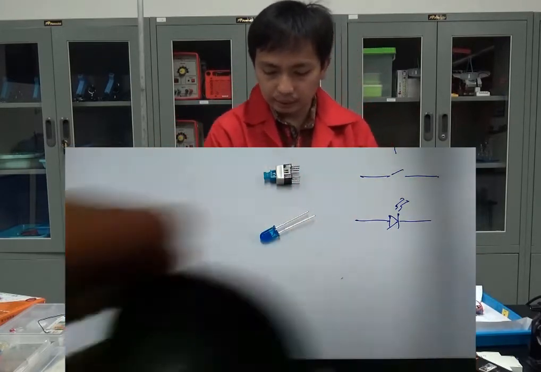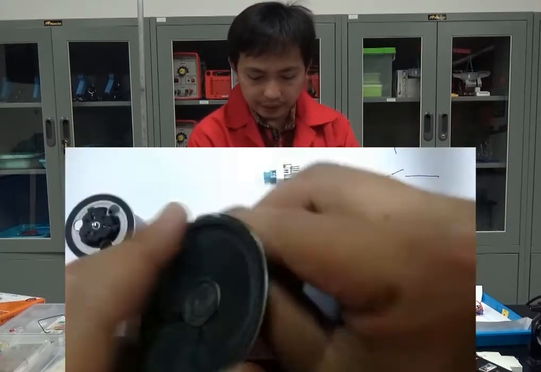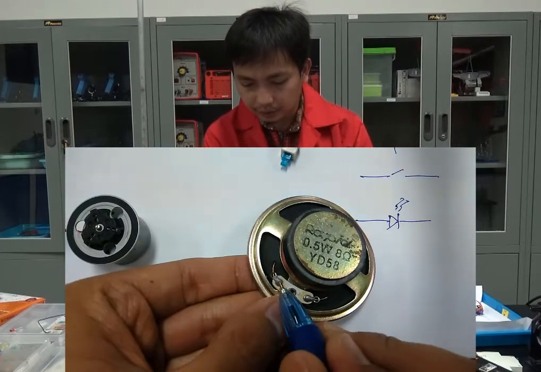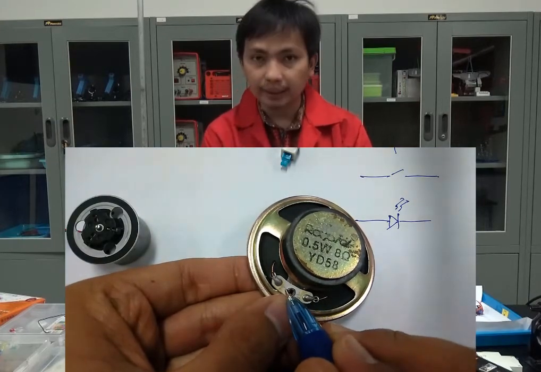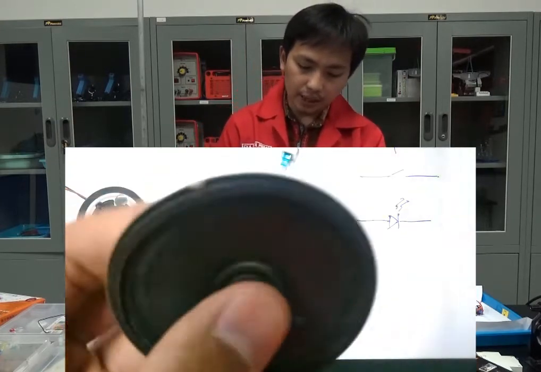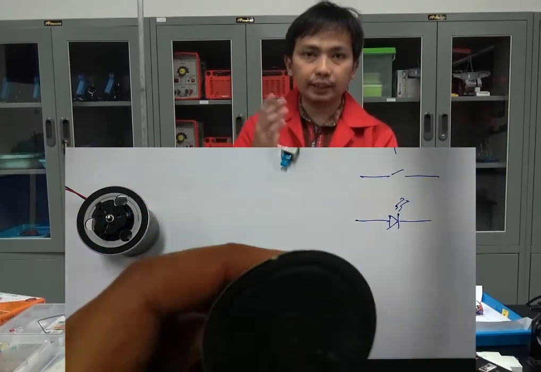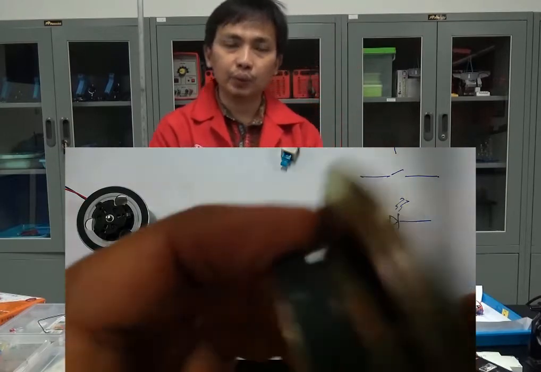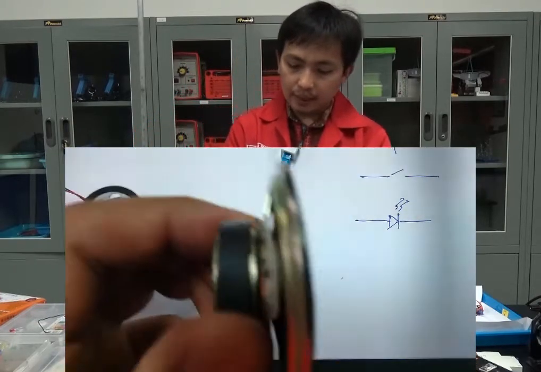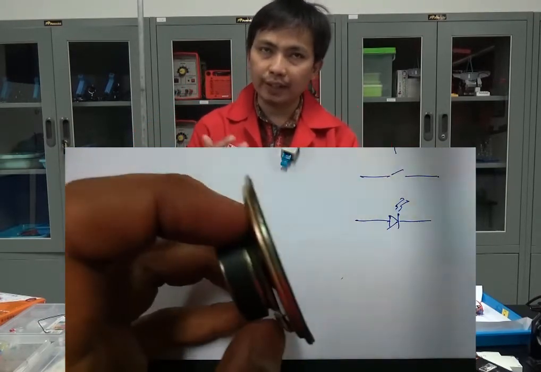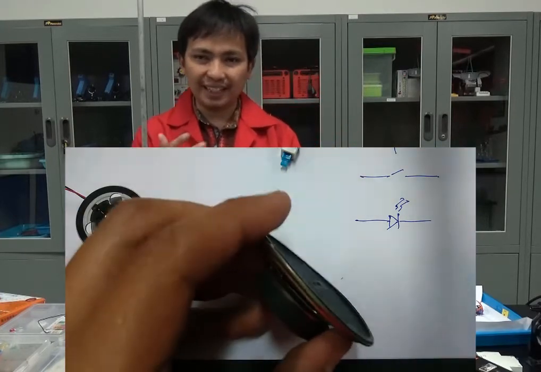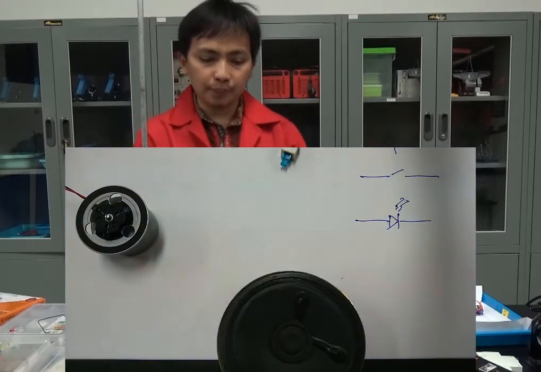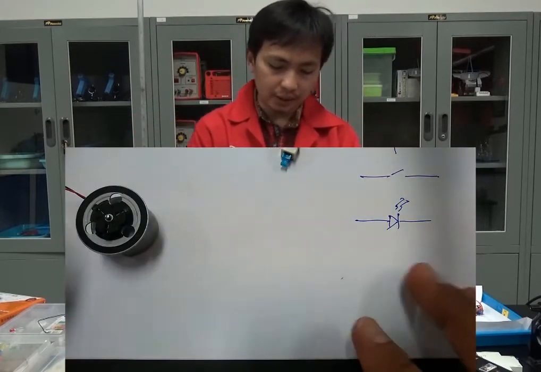And this one is sound. We can connect it across the probe here. Look at 1 and 2. Positive, and this one is negative. It will produce the sound, and we can set our own frequency. Some equipment can be added to this sound. For example, we can add an Arduino and make a tone. You can type a song into the program on your laptop, so you can hear the song.